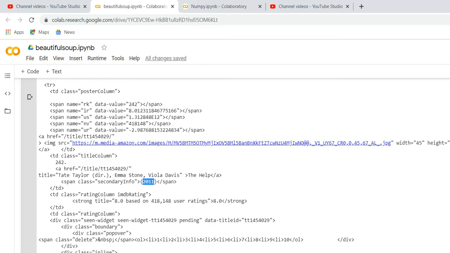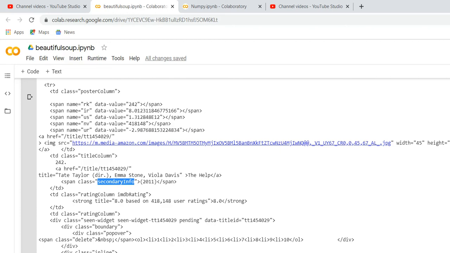So this is the way inside my TR I'm iterating through TR and making TD classes title column. Suppose the value you want is inside a nested class. Title column is your first class and secondary info is the second class, and you are getting the year. In the same way, title column is already added and your class is rating column. If it is a TD class you can directly get it, but if it is inside the span class you have to mention it.